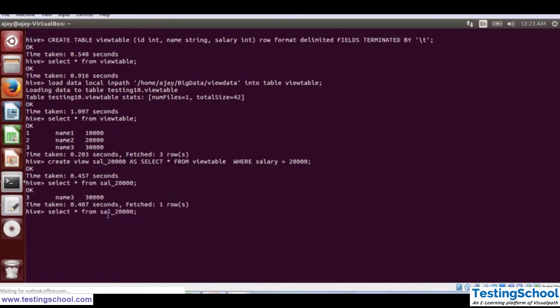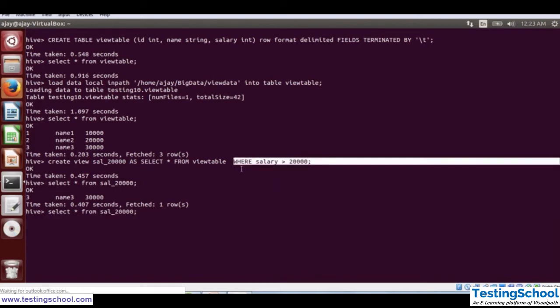So this is the condition for that particular view. That's why it is returning 30,000, because we have created the view for salary greater than 20,000. Greater than means it will not include 20,000.